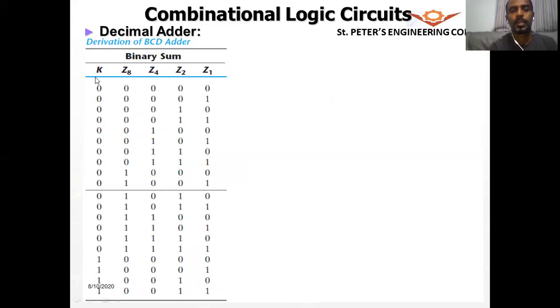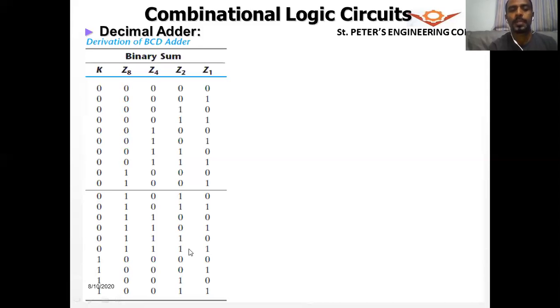Okay, so K represents the overall, when we get an extra bit. So first we are considering the 4-bit combinations, then we'll go to K. So 0, 0, 0, 0, all the 4 bits, that is Z8 to Z1. Z1 is the least significant bit, Z8 is the most significant bit among these 4. So we have the combinations, and when all bits are high, totally we get 16 combinations. So 0 to 15 counts 16 combinations.